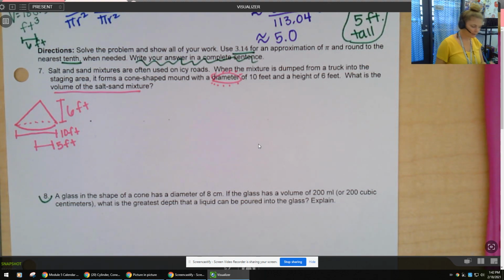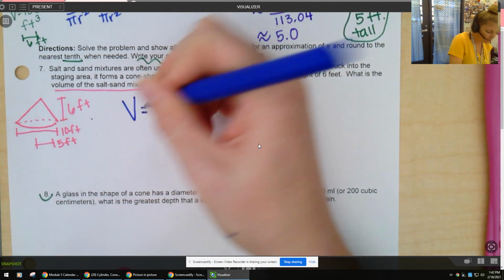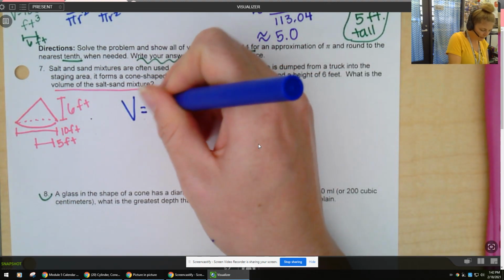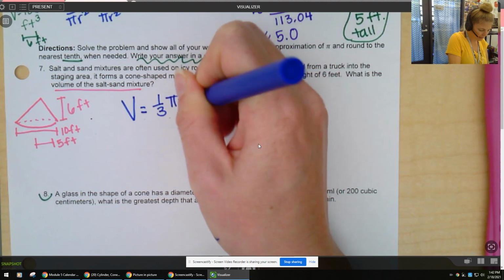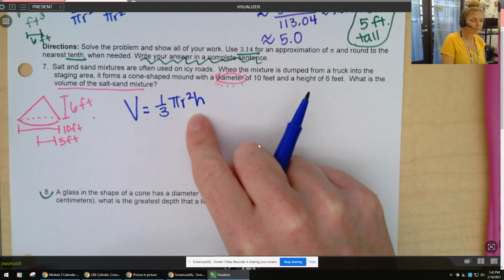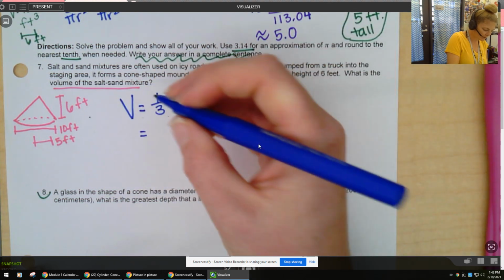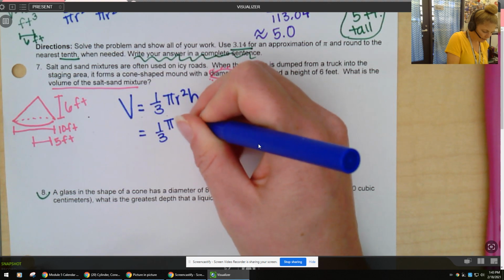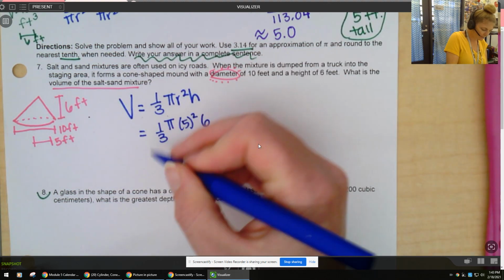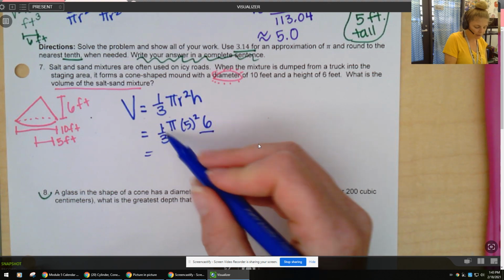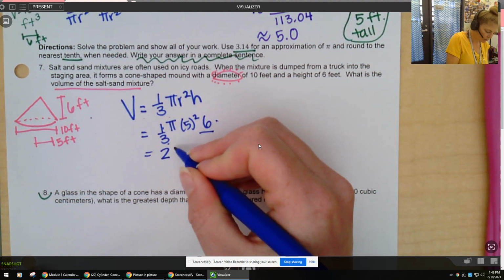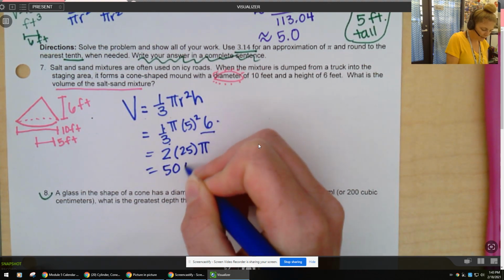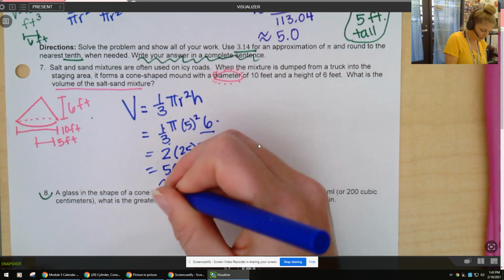Oh, are we prepared? So taking a look, of course, we're going to write the equation we're going to use because that's a big part of showing our work. So volume of a cone is 1/3 pi r squared h. If you like pi r squared h divided by 3, be my guest. So this is equal to 1/3 pi. R being squared is 5 squared, and the height is 6. So from here, right away, we can think of 1/3 of 6 is 2. So we have 2 times 25, which is 5 squared, times pi, which is 50 pi, which is approximately, this